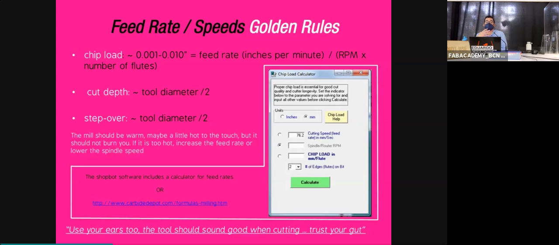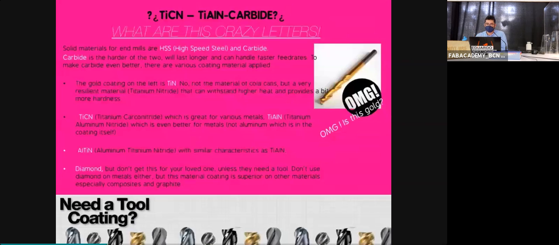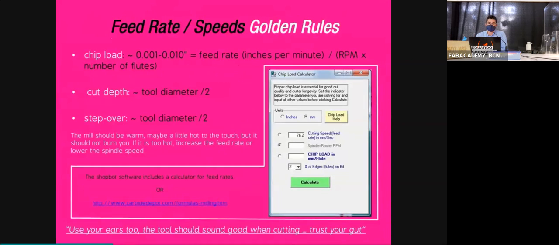In the CNC, it's easy. When you buy an end mill, they have a specific chip load. It means the total amount of material that this end mill can remove. And we have an equation. So an end mill usually has a chip load of,